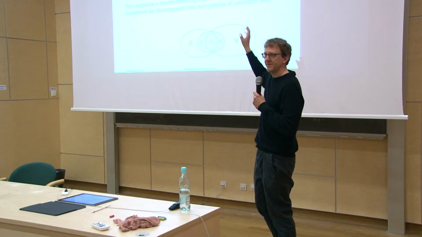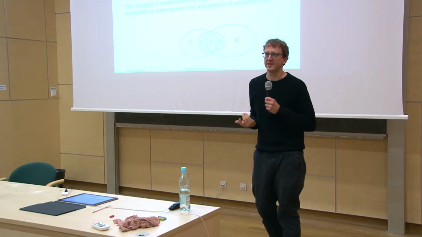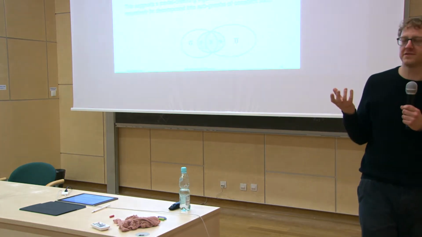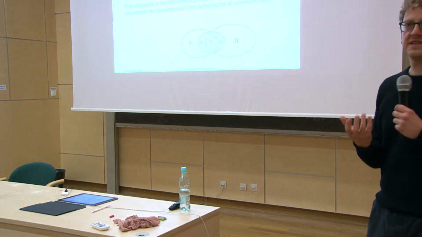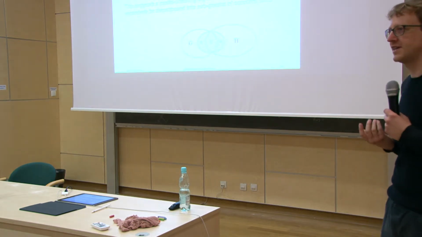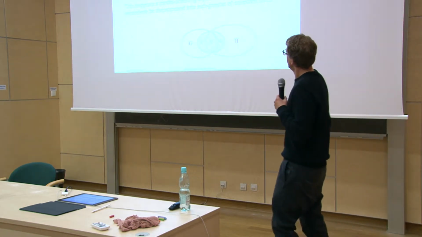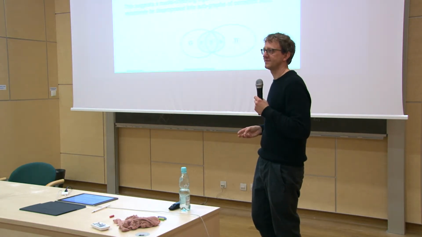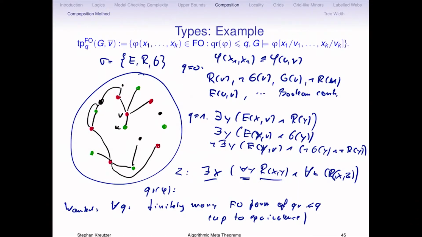And if it's true in your graph, it will be in every type. And if it's not true in your graph, it will be in no type. And so if we know a way of computing quantifier rank Q types, then we can do model checking. It seems very wasteful because you're actually computing truth for all formulas up to this quantifier rank, and then just check the one formula you were given. But this is the way it works. Is this point clear, or shall I explain a bit more? Because this is the most important part of this. If that's not clear, then it doesn't make any sense.